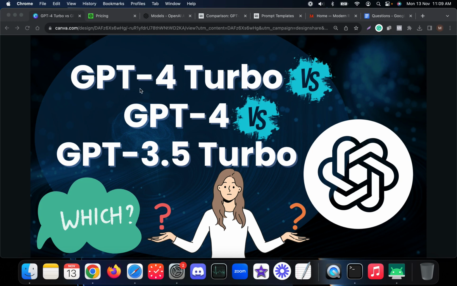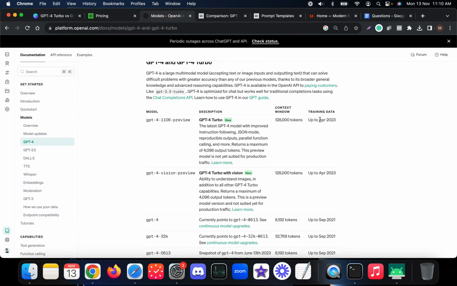OpenAI has recently released the GPT-4 Turbo model. So in this video, we are going to compare the responses generated by GPT-4 Turbo with other models such as GPT-4 and GPT-3.5 Turbo. The beautiful thing about this particular GPT-4 Turbo model is that it has updated information up to April 2023. That means the training data is updated up to April 2023, and also it can handle